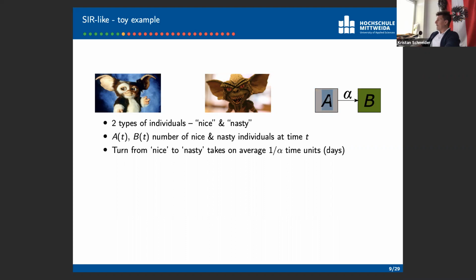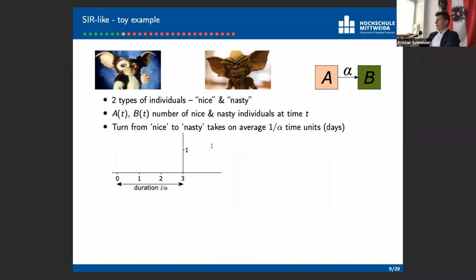We have type A, and they can change to B. That's where the arrow is pointing to. Now we need to see what this alpha here means. So let's consider duration. Let's say 1 over alpha is 3 days. So it takes 3 days to turn from nice